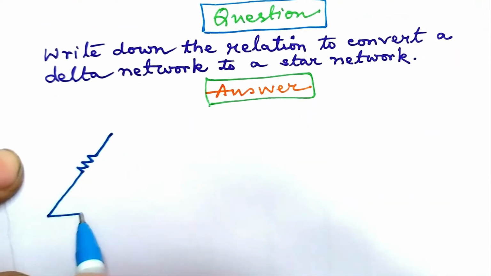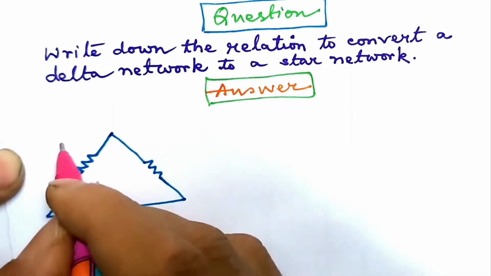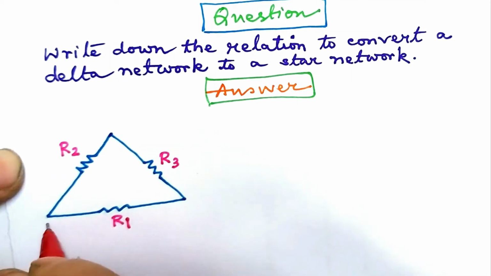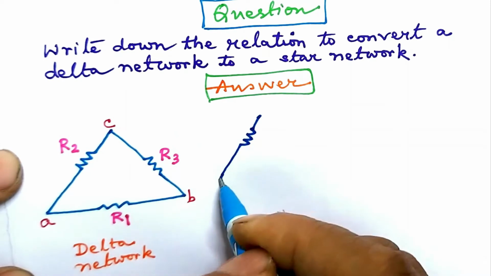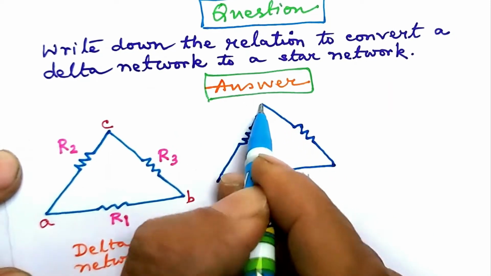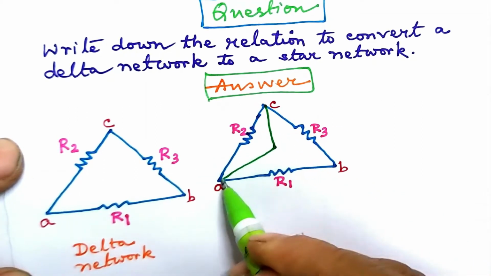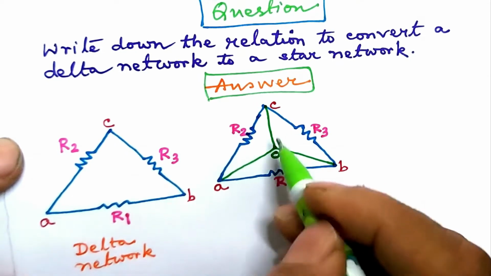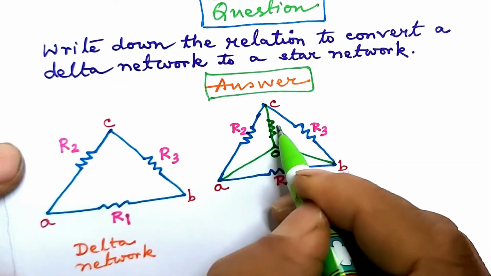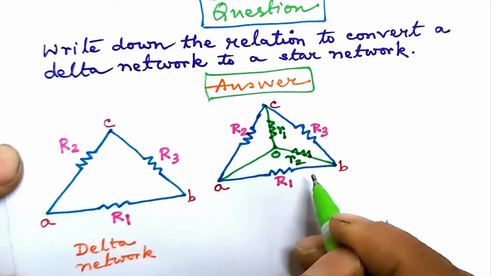Let us draw a delta network. The resistances are R1, R2, R3, and the joining points are point A, B and C. This is the delta network. Let us redraw it. Now build the star network within the delta. Denote this point as O point. Let the resistance in the OC branch be R1, resistance in the OB branch is R2 and the resistance in